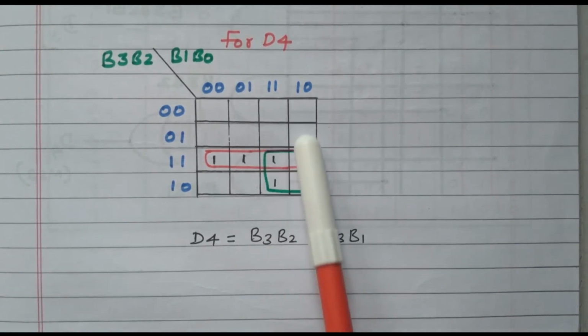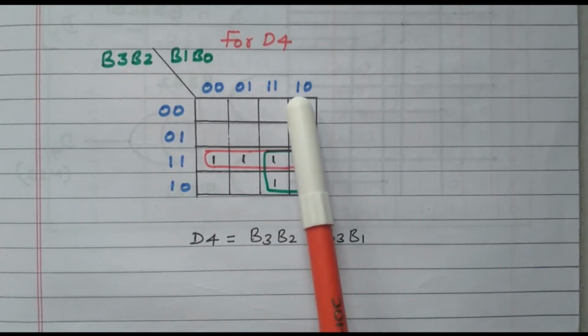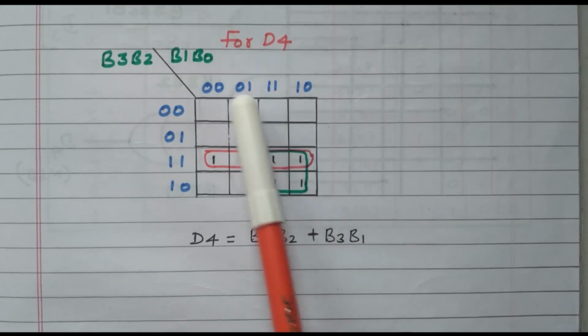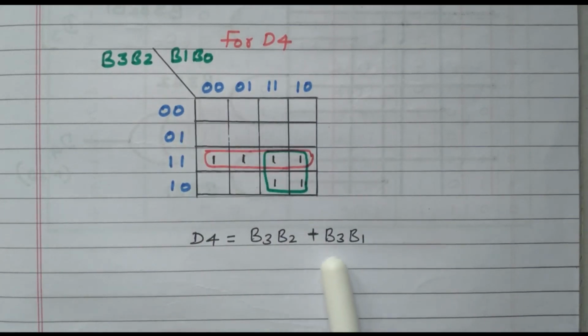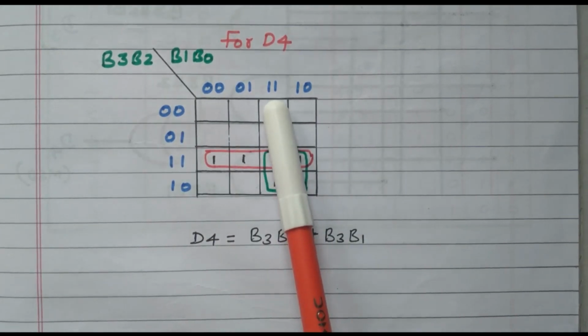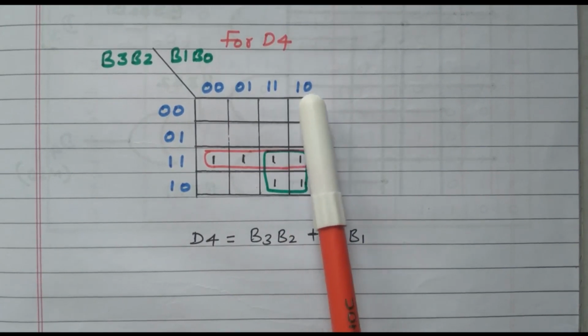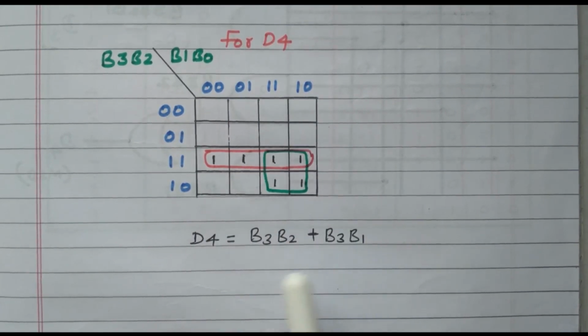Similarly, the third column and fourth column. The first one is available, 1 is available commonly. 1 means B1, right? B3 into B1. The second one here, 0 is available, so this 1 and 0 got cancelled. So the expression for D4 is B3 B2 plus B3 into B1. Now we got the expression for all 5: D4, D3, D2, D1 and D0, that is the binary coded decimal BCD